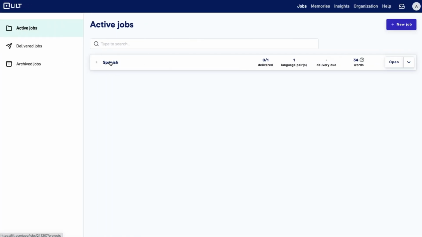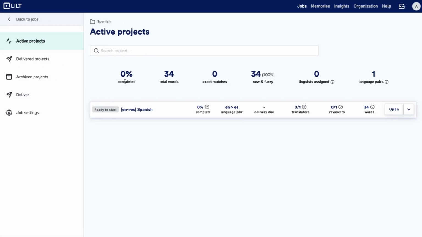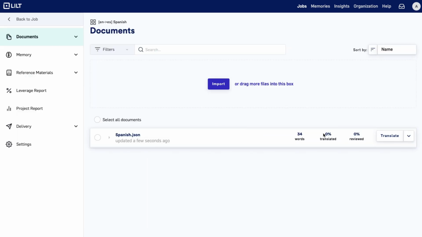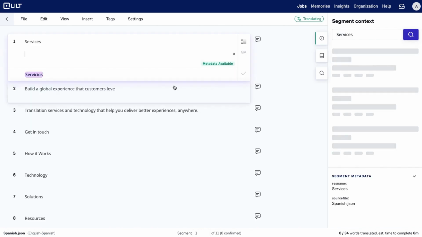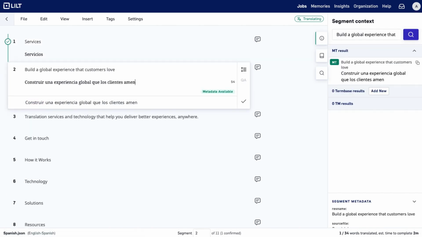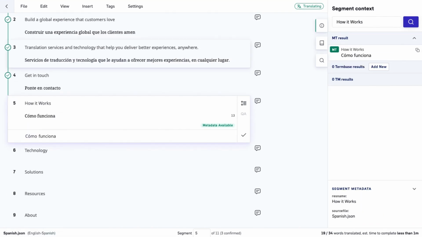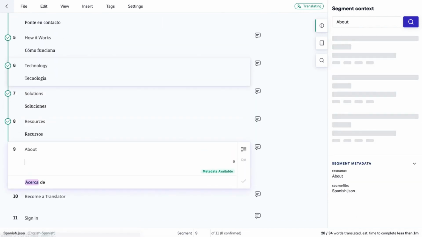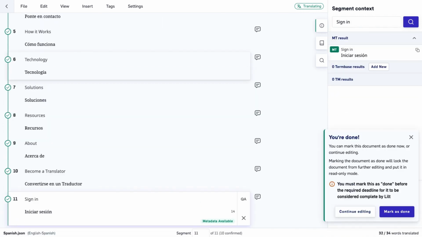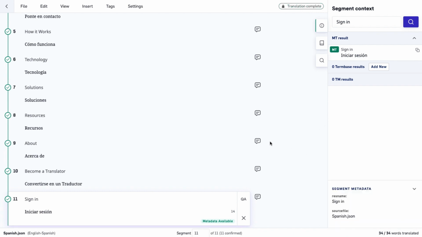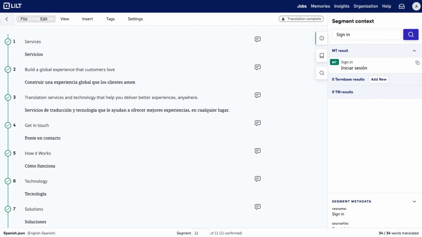Here's the design that we sent from Figma for verified translation in Lilt. Normally, a Lilt translator would go through each segment of this document and translate each segment word by word with the assistance of machine translation suggestions. In the interest of time, we'll move through this translation quickly. Similarly, another human linguist would normally review and approve each translation, but for the sake of time, we'll omit the